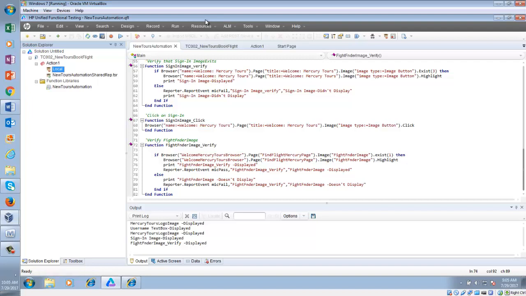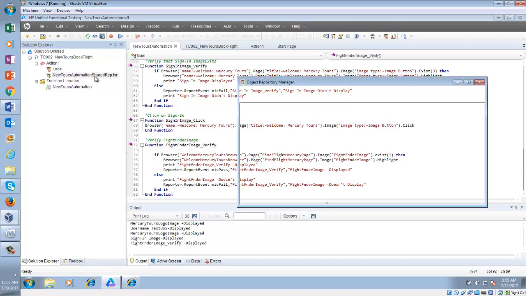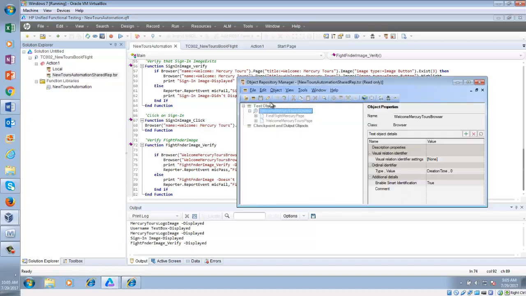If this object repository is in a common place, we all can access it. So if I have this object repository open in edit mode, and Nabed, if you open this object repository, you will get it locked. It will say this object repository is locked. You cannot edit it.